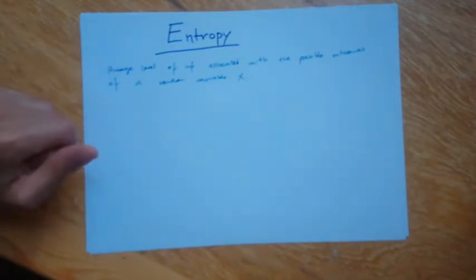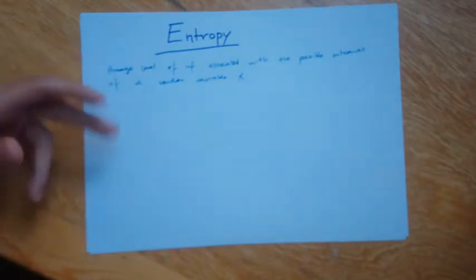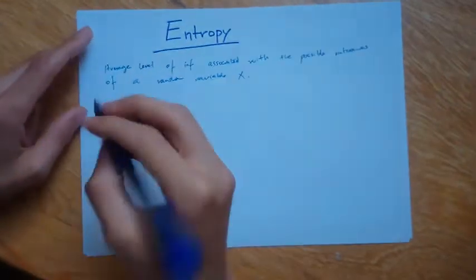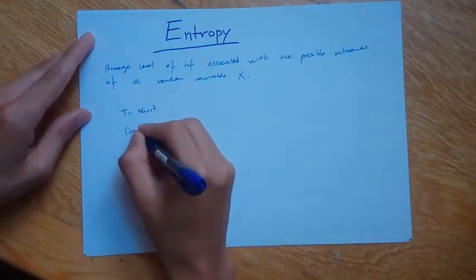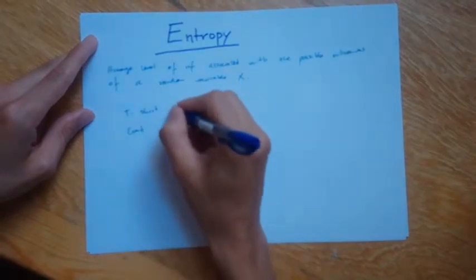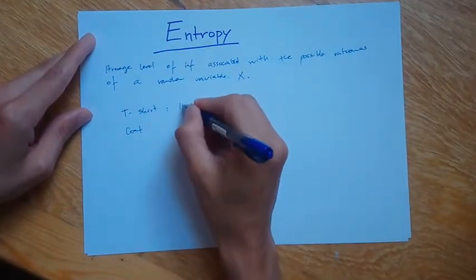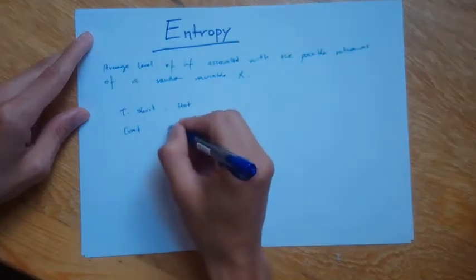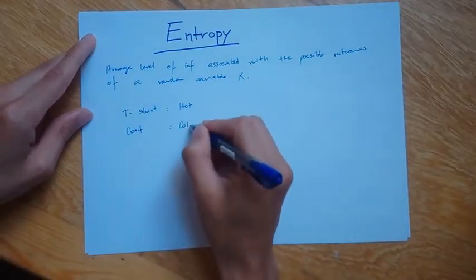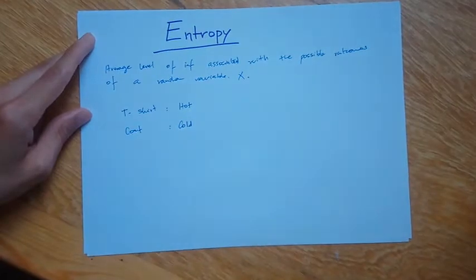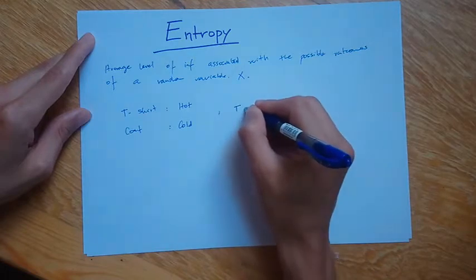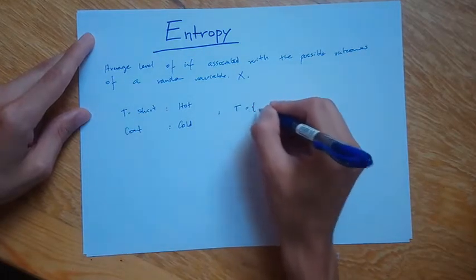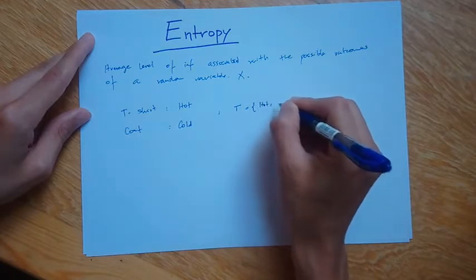So let's say that I'm put in a situation where I'm going out tomorrow and I want to know what to wear. Should I wear a t-shirt or a coat? Of course, I'd wear a t-shirt if the temperature is hot, and a coat if the temperature is cold, right? So this means that my random variable here is t, which can either be hot or cold, right?